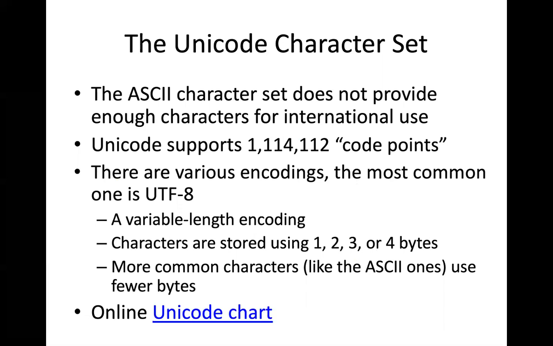Unicode is a very versatile, very powerful way to represent data, and it supports over 1 million different things called code points, and code points represent characters. And the nice thing is if we have such a large number of characters, we can not only represent the letters that we use in English, we can also represent the characters that we use in Japanese, we can represent the characters that we use in Arabic, we can represent a lot of different languages, and basically that's what we do. So when you look at documents on a modern web browser, it's loading Unicode and rendering that Unicode, and this is basically what allows us to transmit and represent documents in a whole lot of different languages